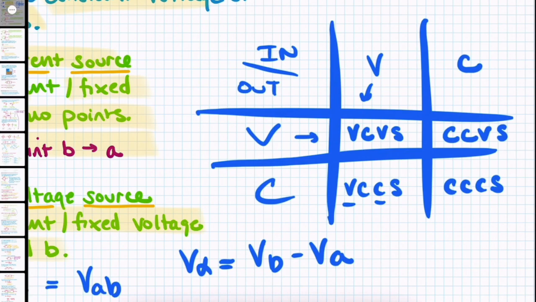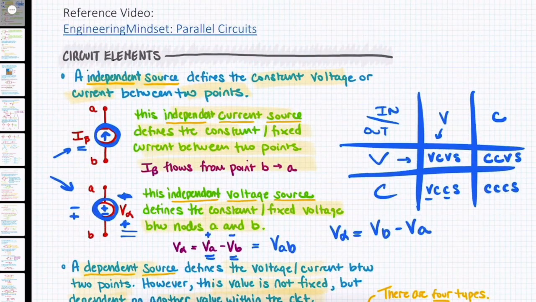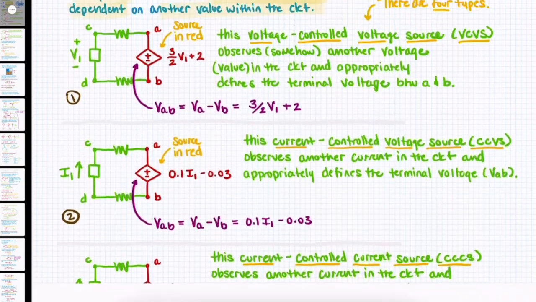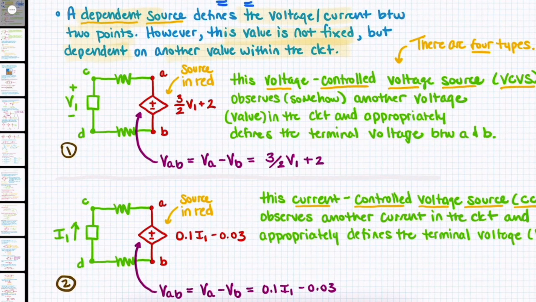Essentially, it's just the different permutations of either observing a voltage or a current and generating either a voltage or a current. So let's take a look at those down below. So here we have a voltage controlled current source. What we can see is that the shape is a diamond, as we would expect to see for any dependent source. We see that it has a plus and minus in the middle, telling us that it is ultimately a